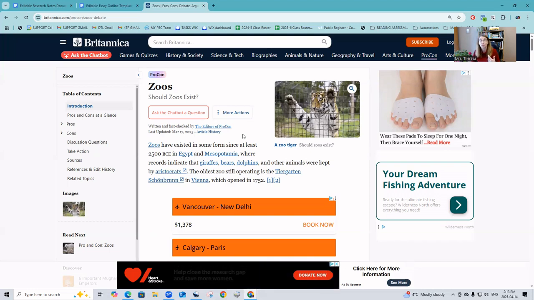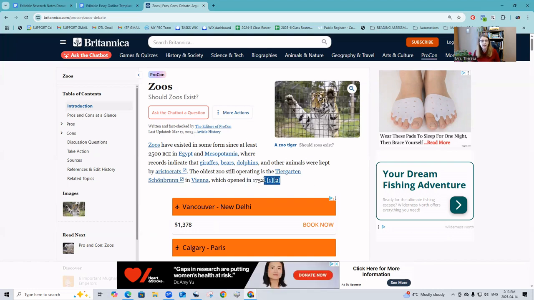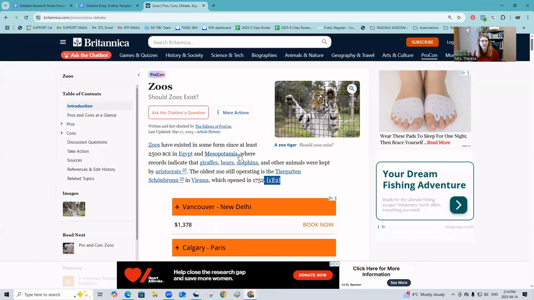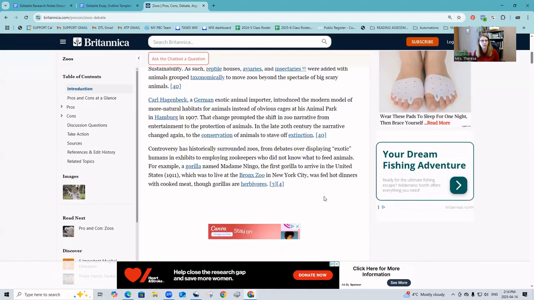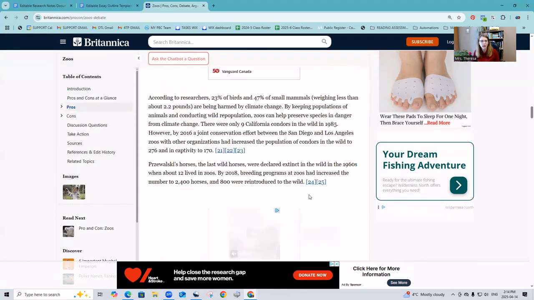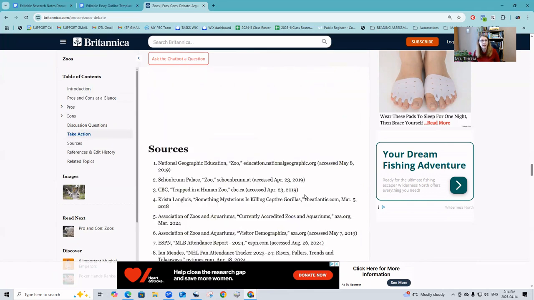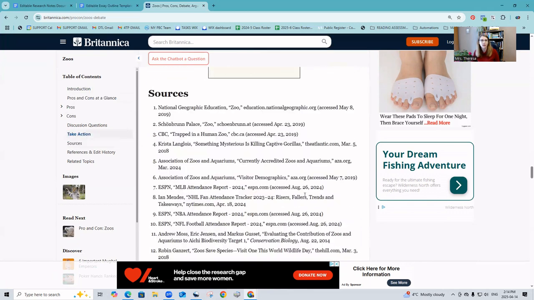The last and maybe the most important thing that you want to look for are sources. So we see right in the text that we have sources. They show their sources. All these underlined things just go to definitions for students who don't understand, which is really helpful. But at the bottom of the page, you're going to see their works cited, so their sources. These sources are places where they found facts.